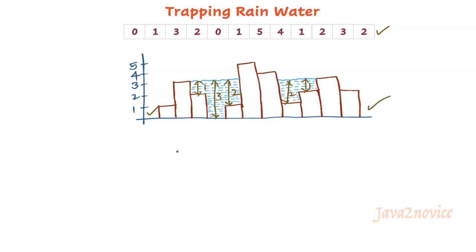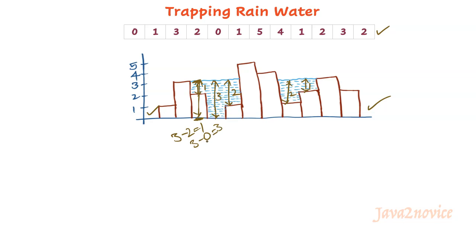Now, how to find water depth? How to calculate water depth? If we know the overall water level height at each index, then we can calculate depth. From the ground level to the top of the water level can be considered as the height of the water level. Subtract the current element value from the height and you will get the depth here. The height is 3, current value is 2, 1 unit of depth. In this index, height is 3, current value is 0, 3 units of depth.